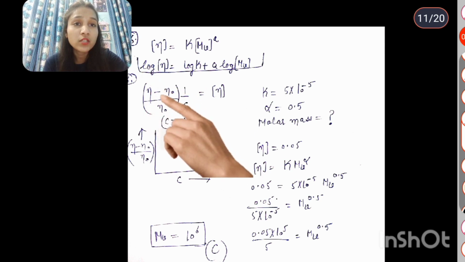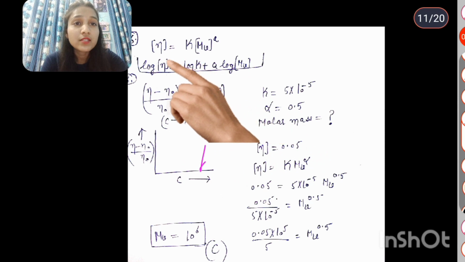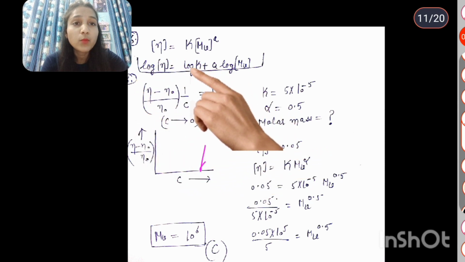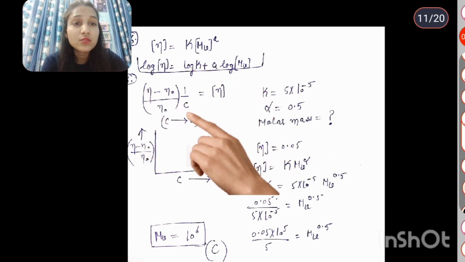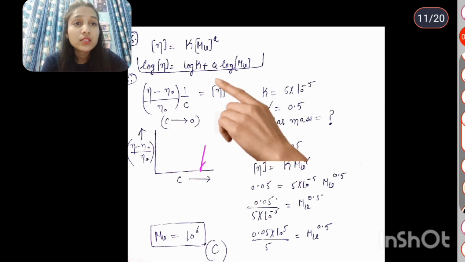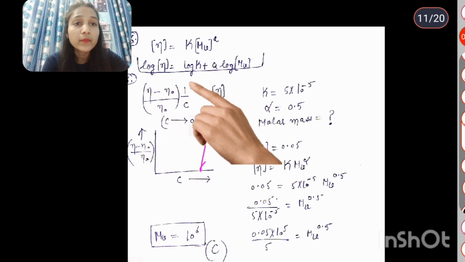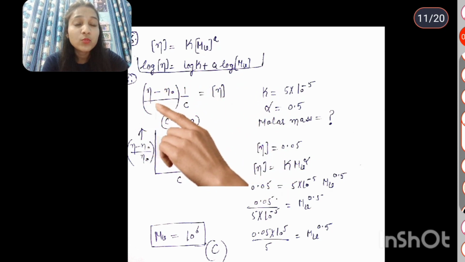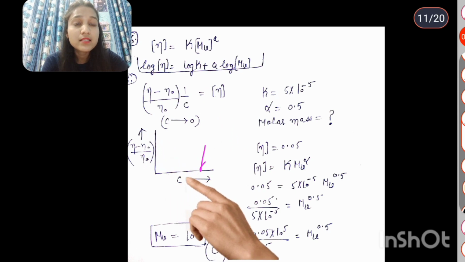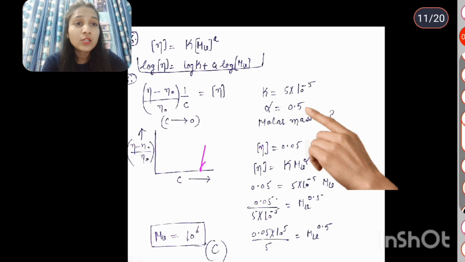You have to look here. So we have to plot the graph between viscosity and concentration. That is the only formula to plot a graph between viscosity and concentration. So when concentration approaches 0, this is intrinsic viscosity. Intrinsic viscosity is equal to this one. So when we plot the graph between this viscosity against concentration, our intercept is the intrinsic viscosity and the value of the intercept is